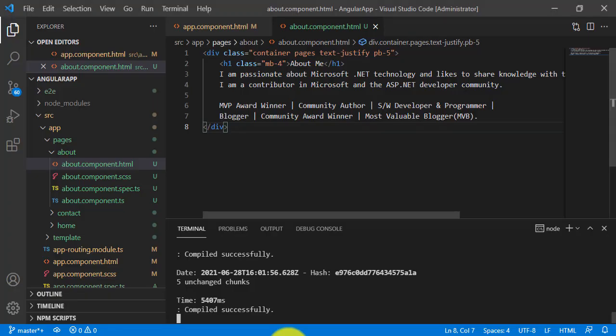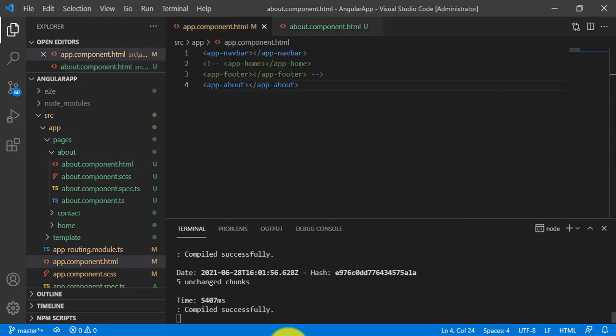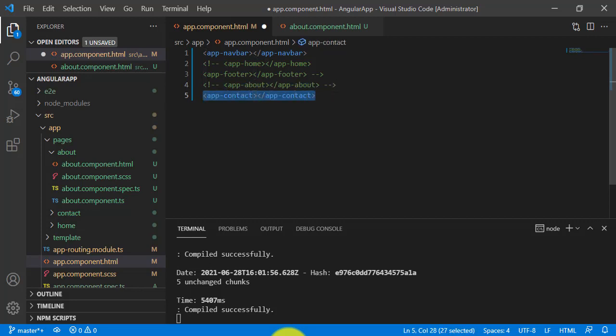Okay, now I'll declare the contact component like the about component in the app.component.html file. So I'll go to my app.component.html file, and here I will mention the selector for the contact component, that is app-contact.